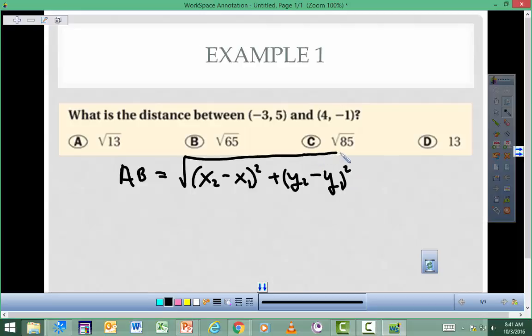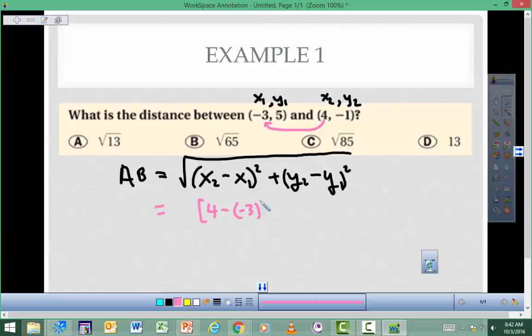And so basically you just need to identify which point is which. This one we could say is x1, y1, because it's the first point that's listed here. If you want to call it the second point, that's fine, but anyhow, the x coordinate goes first, so this is x2, y2. And you just put these numbers into here. So using my cool pink color, I'm going to take this number and subtract that number. And let's see, what do we get? We get 4 minus 3,